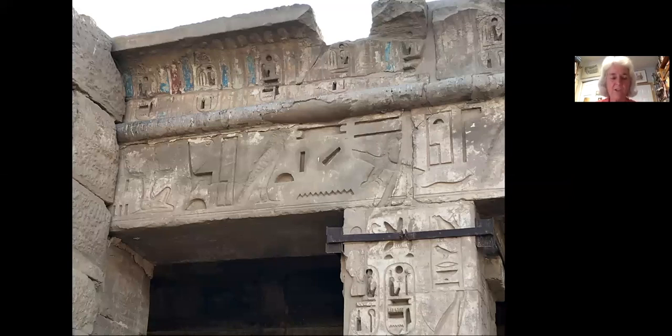hieroglyphic, this is an architrave, and the left part of it says, the temple of millions of years. One of the words is cut off. But here, when you start looking at these architraves, it's very clear. They're telling you what these temples are about, that these are all considered to be mansions of millions of years